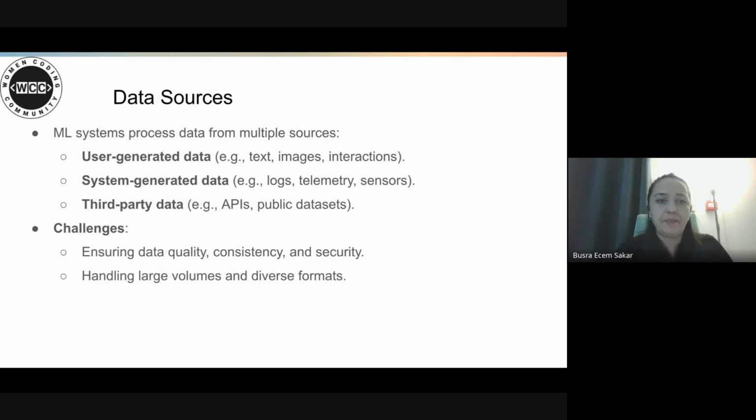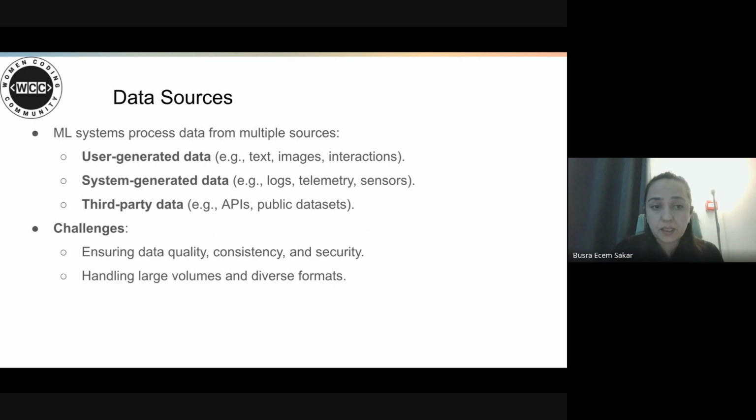Data sources. Machine learning systems depend on multiple sources of data. In this book, for example, there is user-generated data like reviews, text, and images, system-generated data like logs and sensor data, and third-party data like external APIs and open datasets.